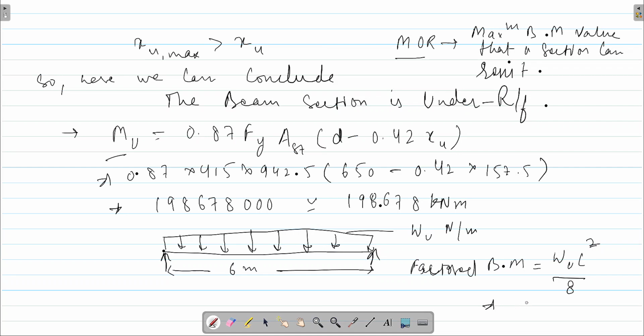So from here we can calculate a value that comes out to be 6 square into WU upon 8, which comes out to be 4.5 WU. So by equating this value with equation 1 and equation 2, we'll get